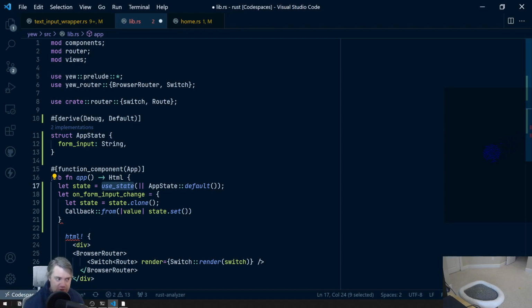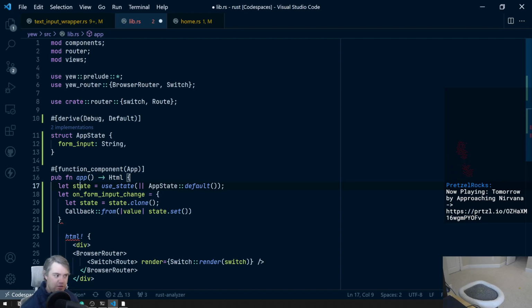But I suppose that we could just have a use state separately for every little piece of the app too. And I don't necessarily know what the best practice is for this. It's still really new in Yew. And of course, I haven't looked at modern use state in React in a while, so I'm not actually familiar where everybody ended up